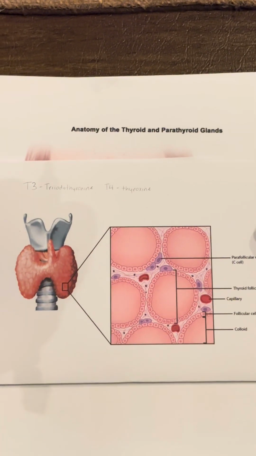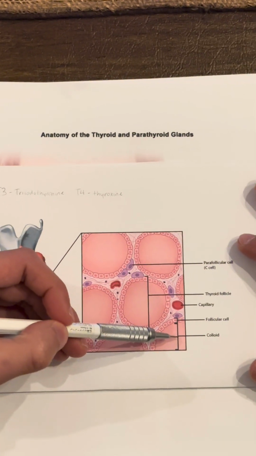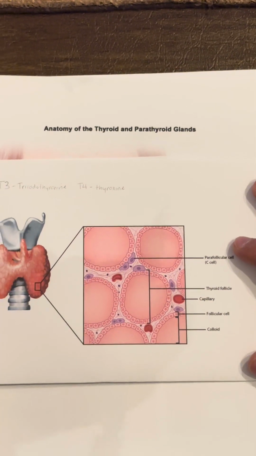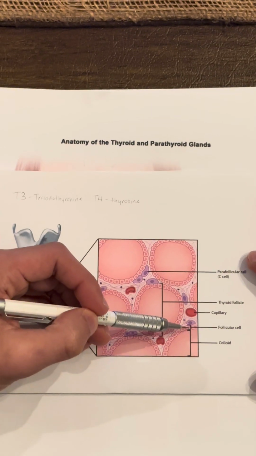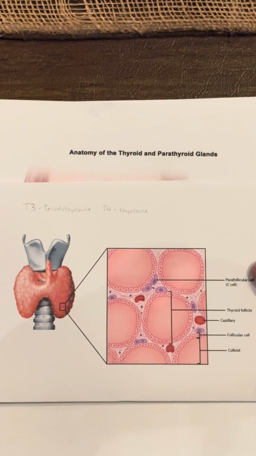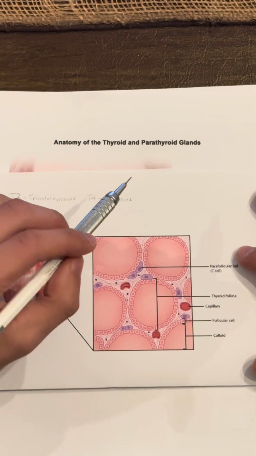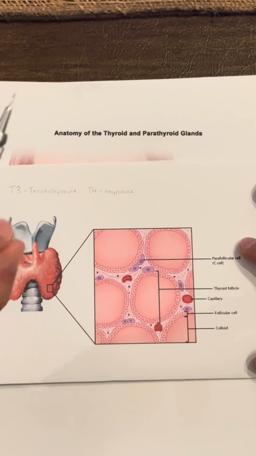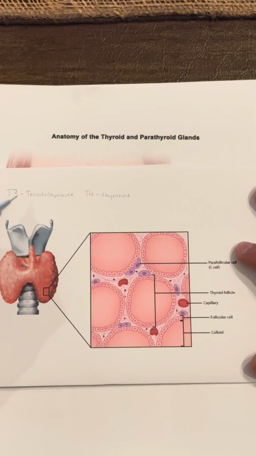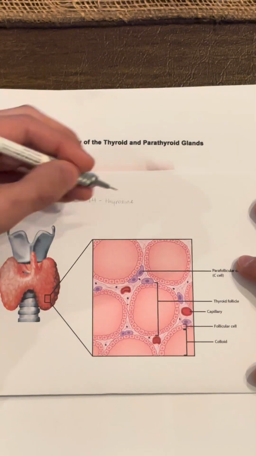Okay, so one more time. Inside the viscous colloid, we have thyroglobulin, which has tyrosine. Inside the follicular cell, we have thyroid peroxidase, which converts from I negative to I positive, and then iodine and tyrosine form a covalent bond, which makes T3 and T4. So essentially, T3 and T4 are